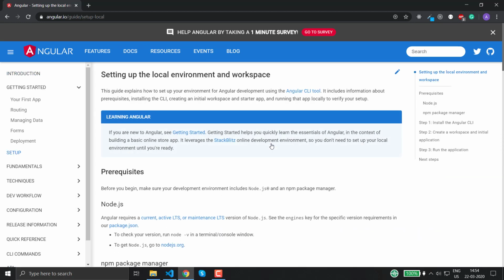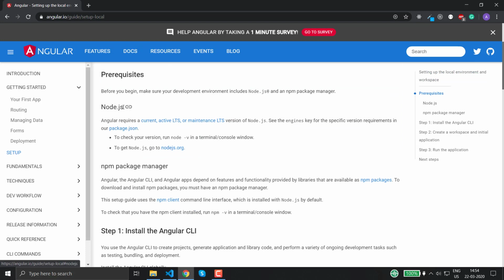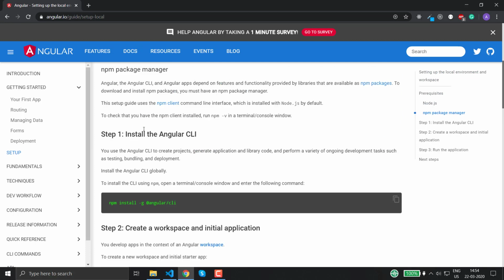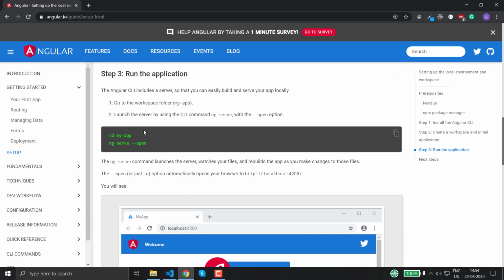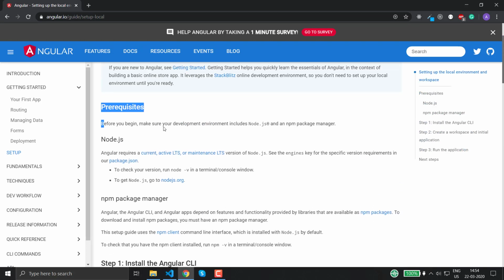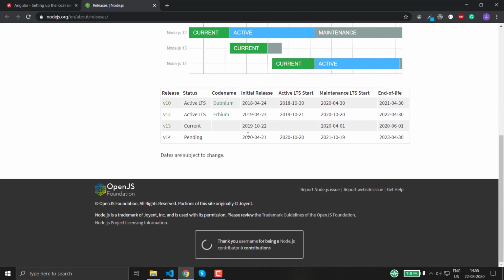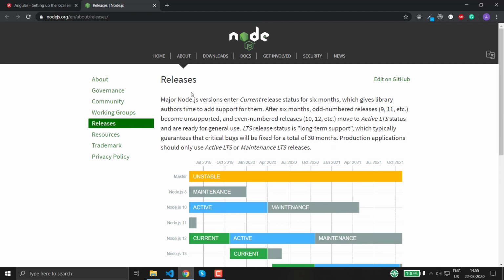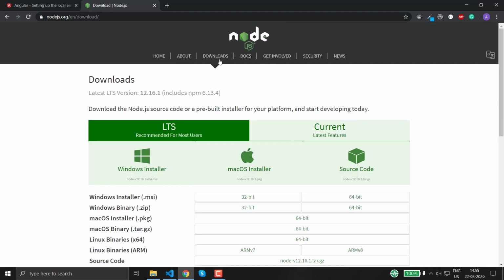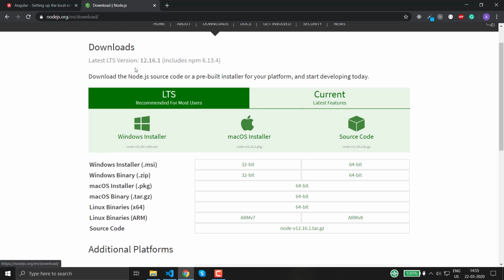Here two main things are needed to get started for you to develop your Angular applications. First, it is the Node.js. These are prerequisites. You can also learn them and explore them yourself. It's better to learn them yourself once you go through this tutorial. What you have to do is you need to download Node.js for your operating system. So you can see what all things they provide over here, and then to download the latest stable version, you can go to